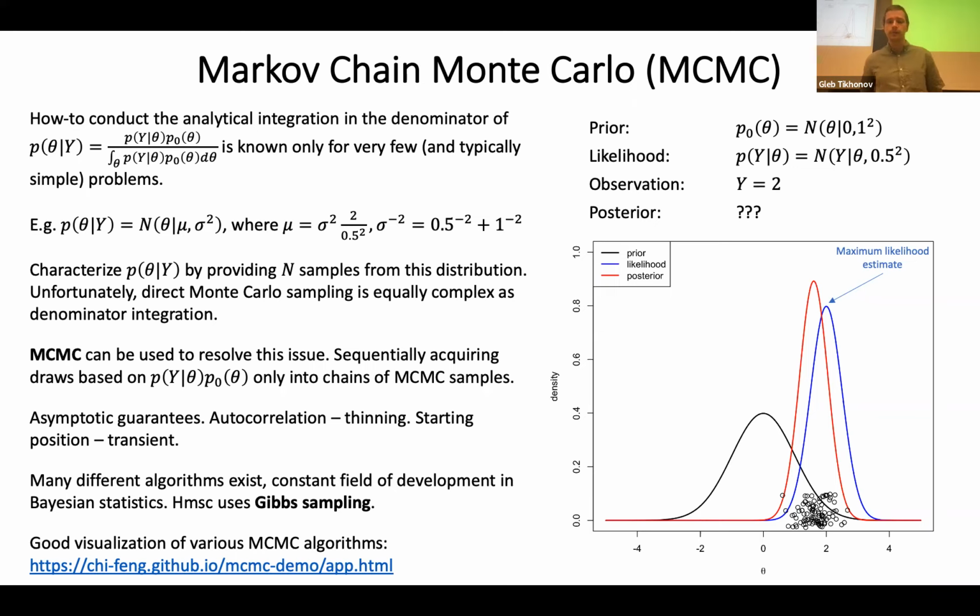And therefore, if you run your chain for a finite number of iterations, because neither of us has infinite time to wait, it can be that this initial phase